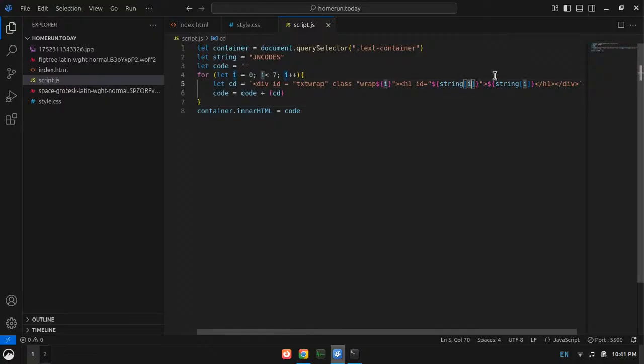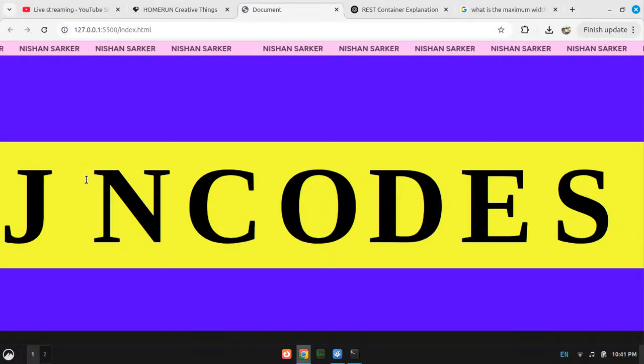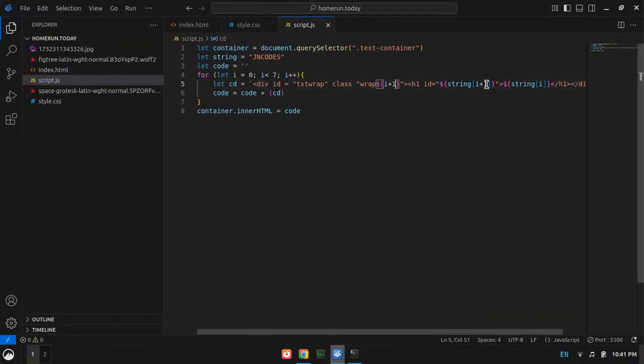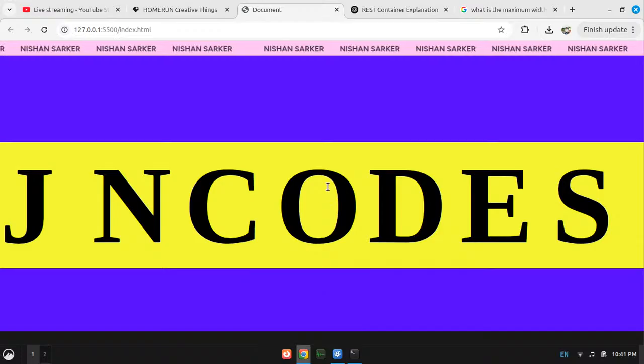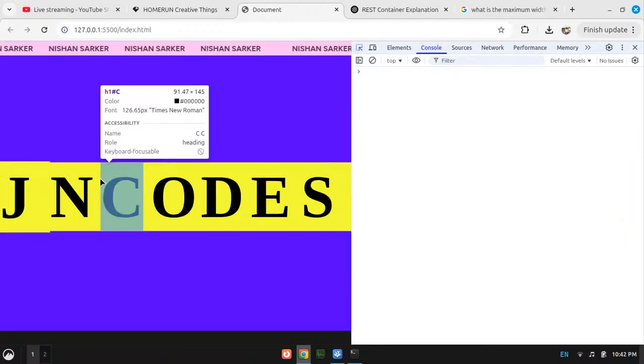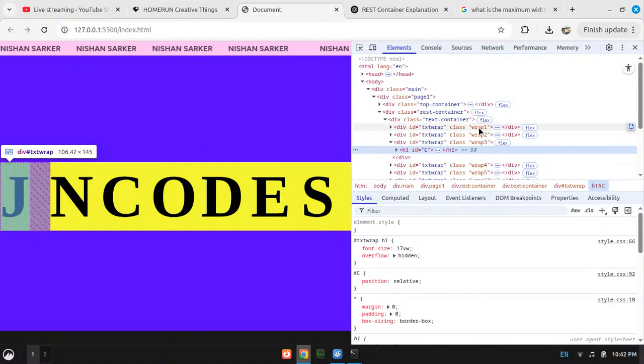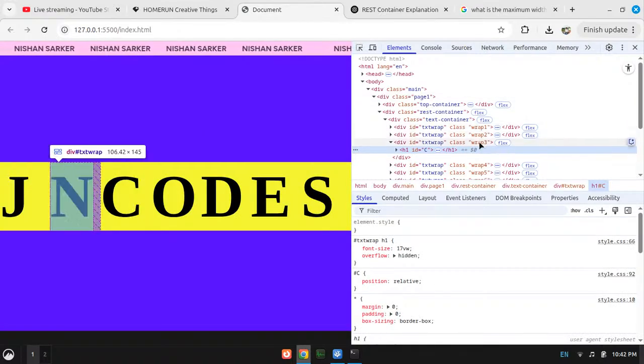Okay, I should place i plus 1 here and here as well. Right. Okay, now it's working. Oh, sorry, here I don't need i plus 1, I just need the i here. Okay, so now the diff should have IDs such as wrapper 1 2 3, something like that, txt wrap, and yeah, they have classes called wrap 1 2 3.